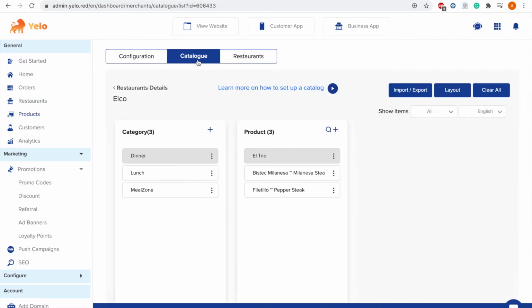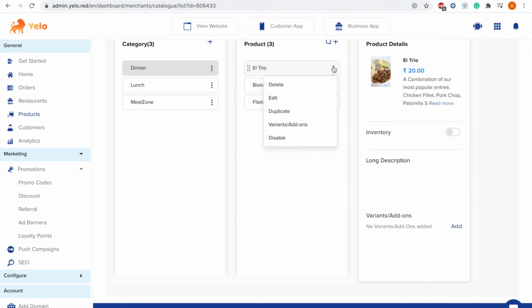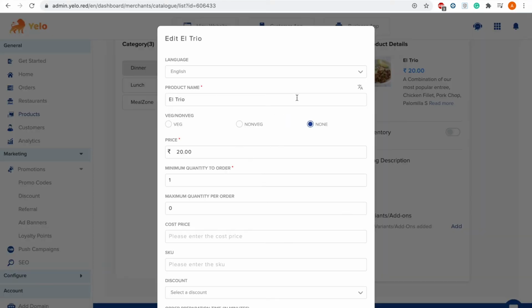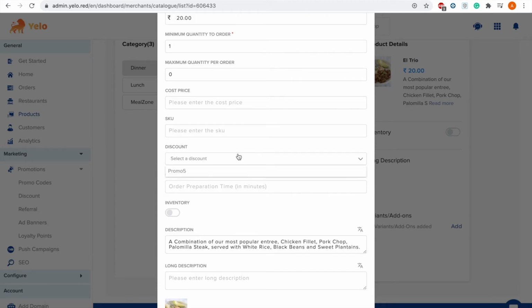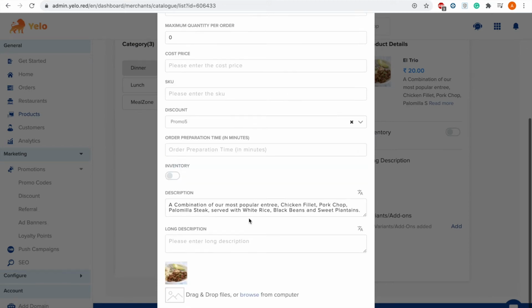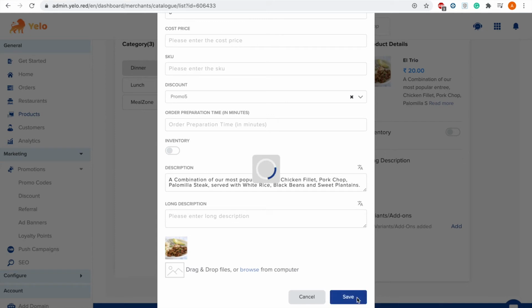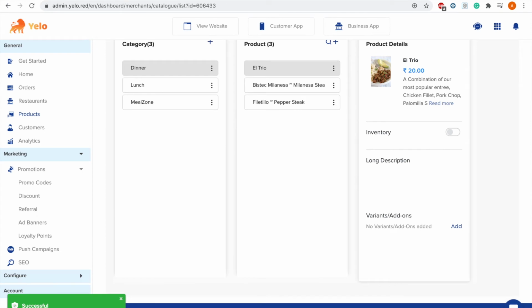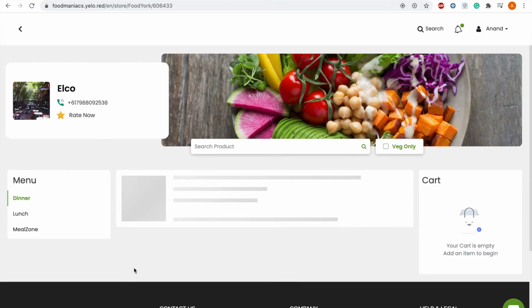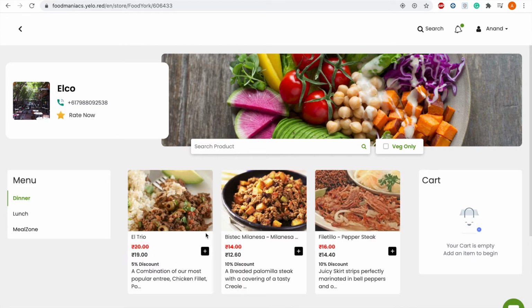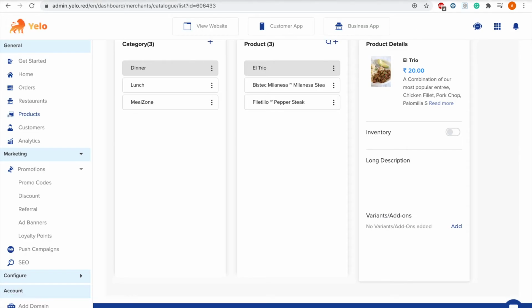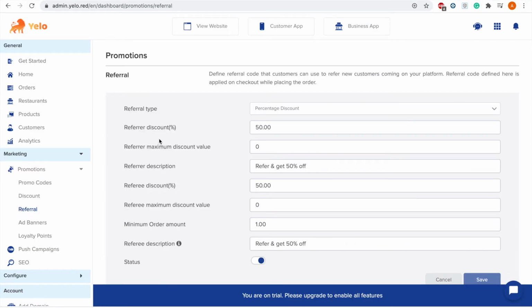Click on the catalog, click on edit, and now set the discount. So let's just say we apply this discount, click on save. Here you can see that 5% discount has been applied here and 10% discount on rest of our products. We have explored the discount section.